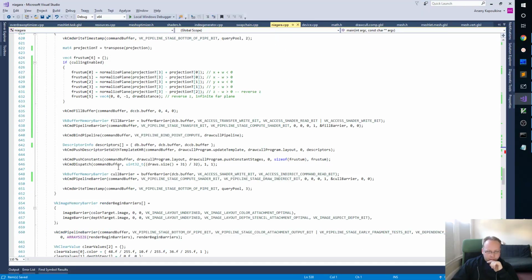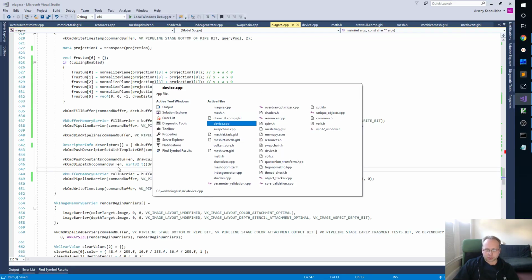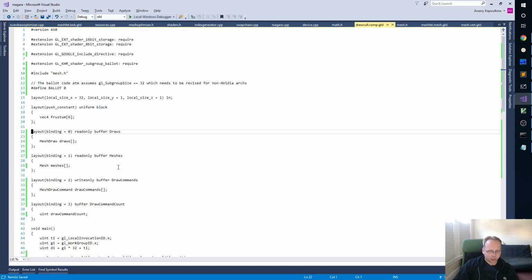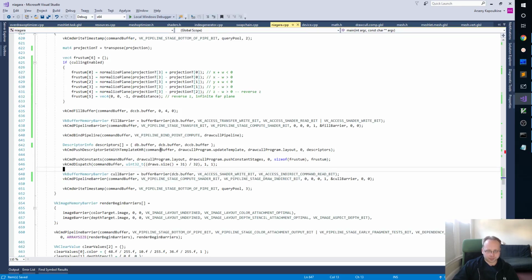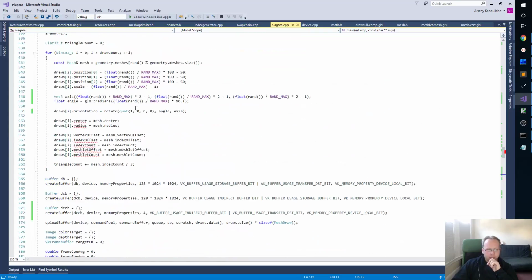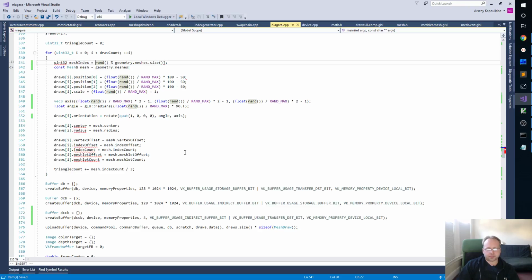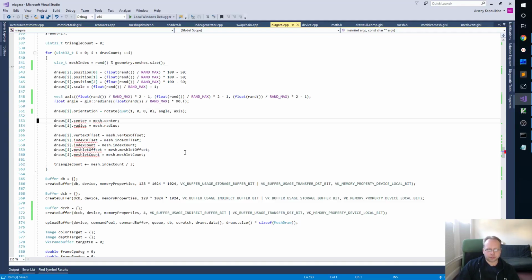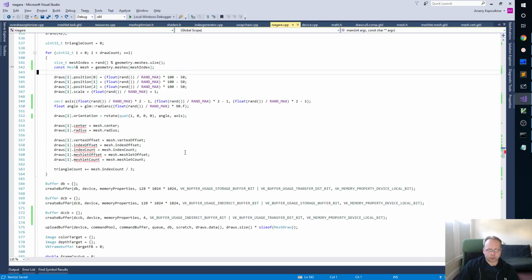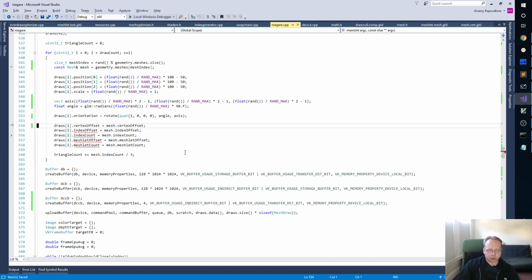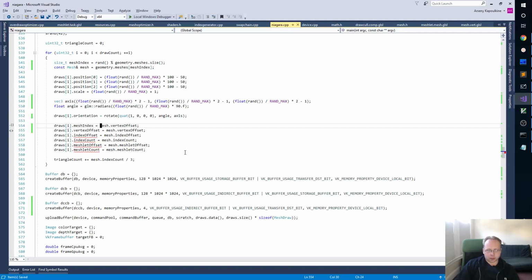Okay, so now our culling shader uses the mesh, yeah, so this is now like 0, yeah, so draw calls mesh is draw commands, draw command count. And we need to change the way how we fill this, so we don't need to copy this in any way, right? The only thing we really need to copy is the vertex offset. So let's do that, or I guess let's do this. Don't need this, and then